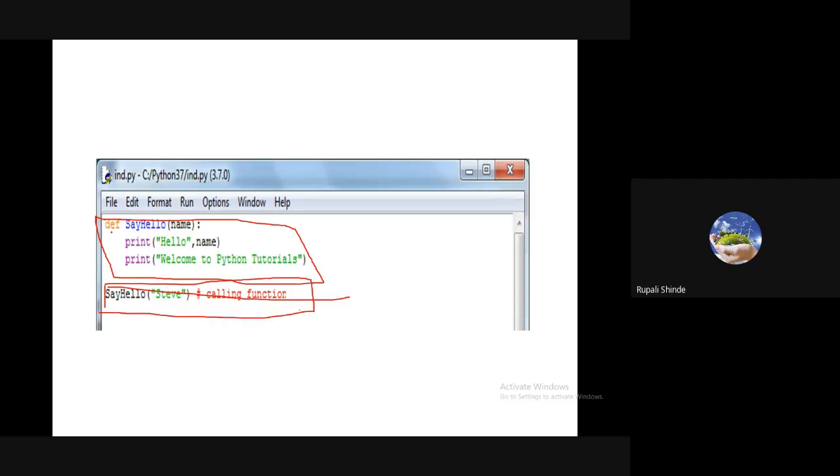Here we have the syntax def. It indicates define function name, say hello, and name. We pass the name to the function. Whatever name you want to pass, you can pass it. Then after that we have a colon here.